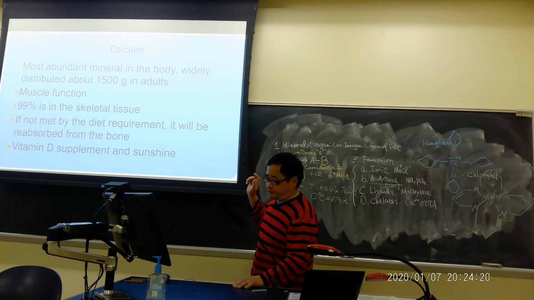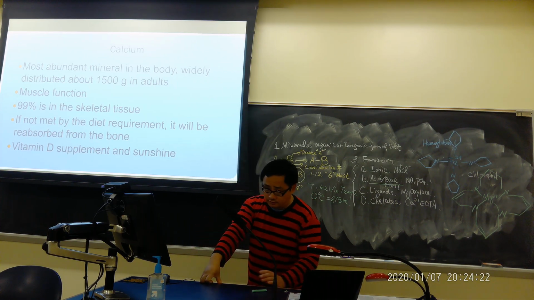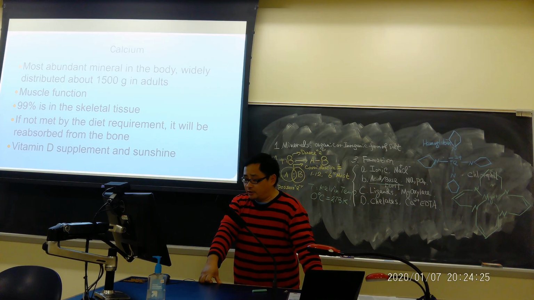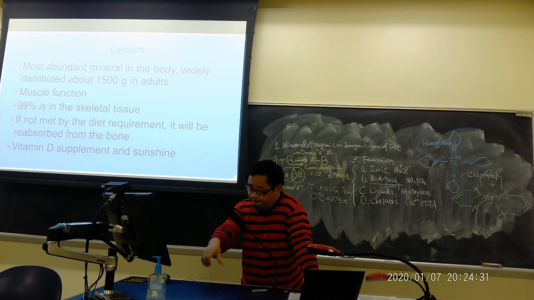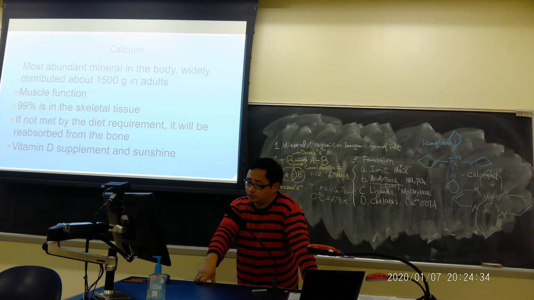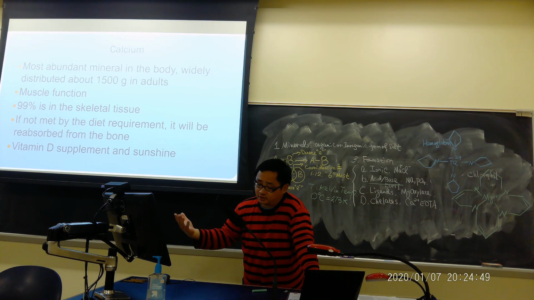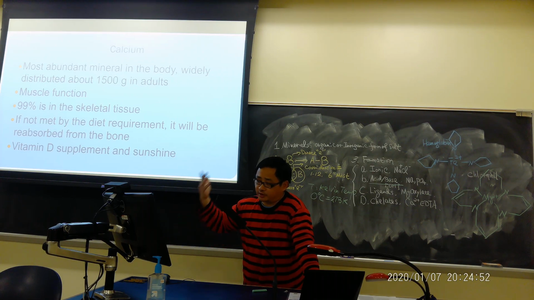If you're taking a nutrition class, Natty will tell you that in West Virginia, from October to April of the next year, you're recommended to take vitamin D supplements, maybe 1 or 2 every day. How about from April to October, which is late spring to the summertime? You're going to have sunshine every day, about 30 minutes. So you will get some vitamin D from the sunshine. So it transforms to become